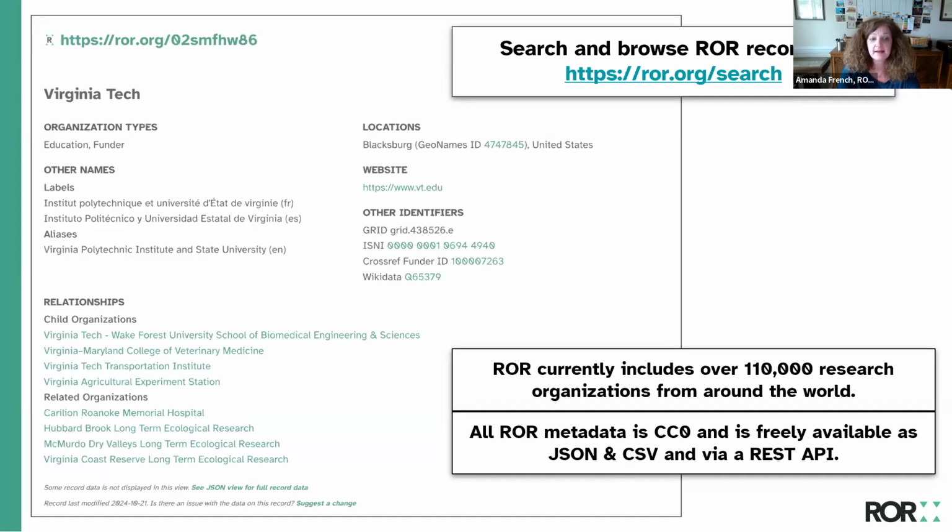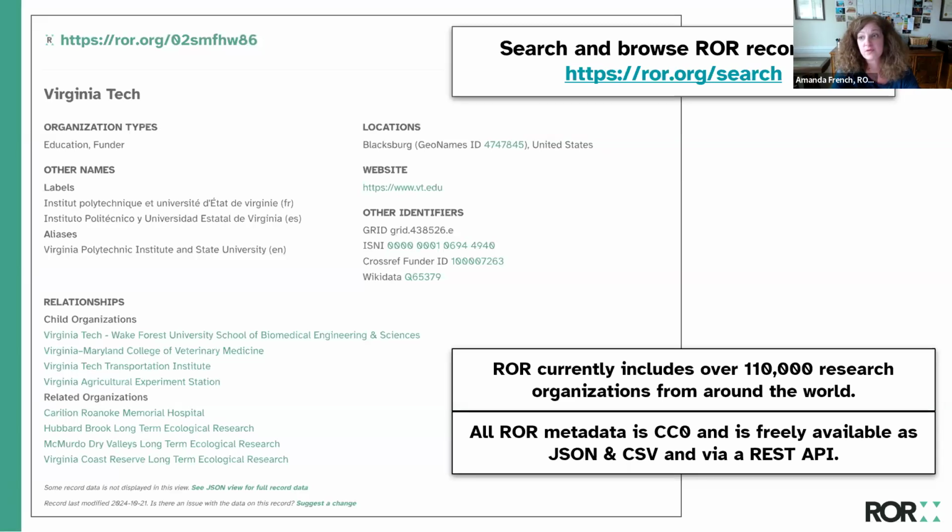Additional information shown here includes the organization's website, its location, which does include latitude and longitude, even if behind that is a GeoNames ID, and its mapping to other identifiers, including ISNI, funder IDs, and Wikidata IDs. ROR also supports parent-child relationships and sibling relationships for organizations, and you can see that here as well. This includes labs, hospitals, research centers, research institutes, each with its own ROR ID. Note as well, in the bottom left there in quite small type, you can see the record's last modified date, as well as links to see the underlying metadata and to request a change to the record.